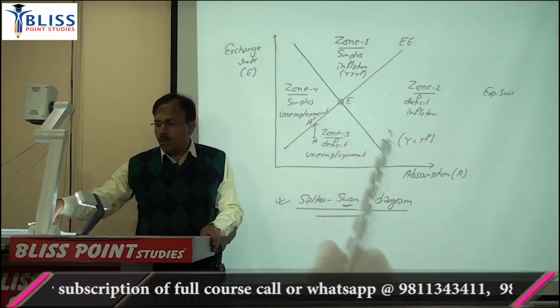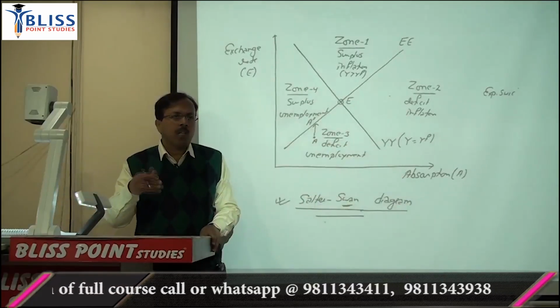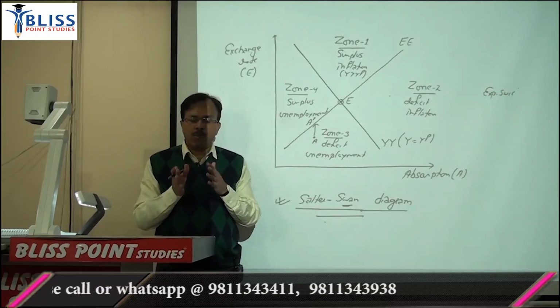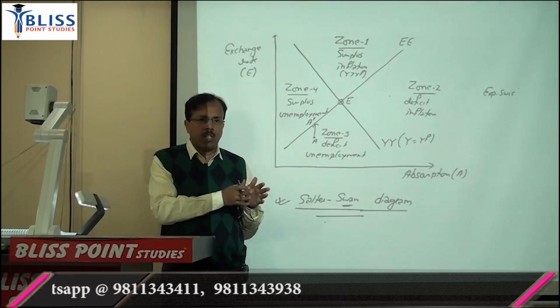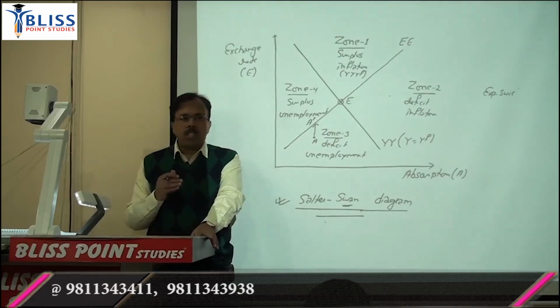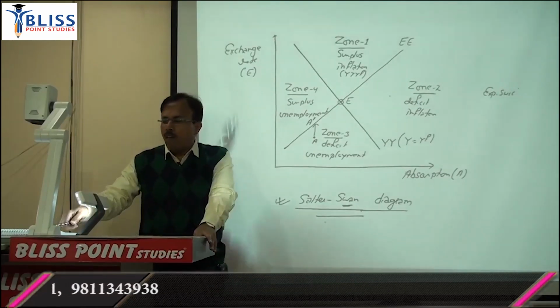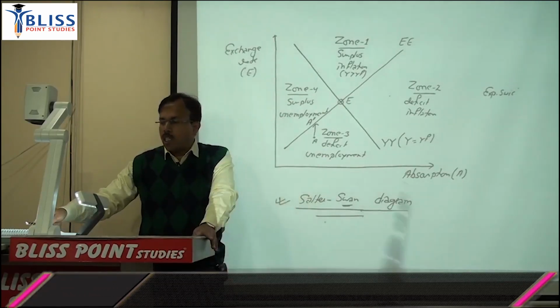Now if a specific zone has been mentioned in the question, then you have to explain your answer accordingly. But broadly remember, when you say expenditure switching policy, you are changing the exchange rate. When you say expenditure changing policy, you are changing absorption. So on one axis it is the exchange rate that can be manipulated by expenditure switching policy. On the other hand, it is